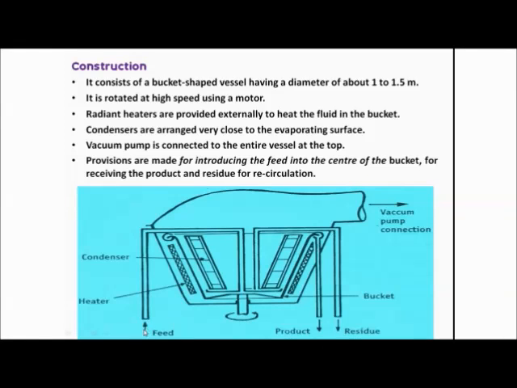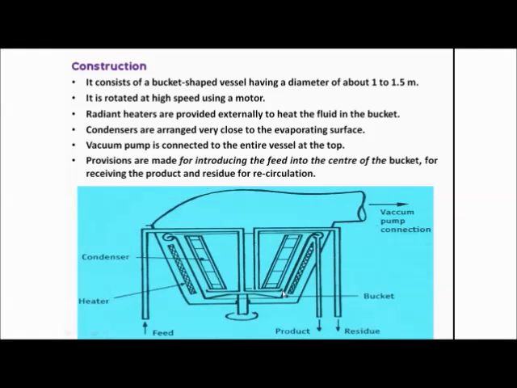So the feed, we are going to give from here. The liquid which we want to distill, we are going to supply from here. This will take this path, I am showing it with the arrow, just see it. It will come here. You see the pipe has opened now, so it will flow into the bucket in this way. The feed will be introduced from here, this is the direction, it will go and reach the bucket, right?